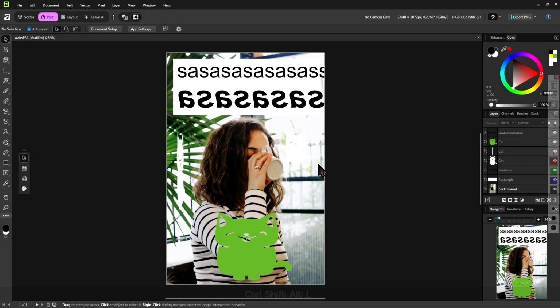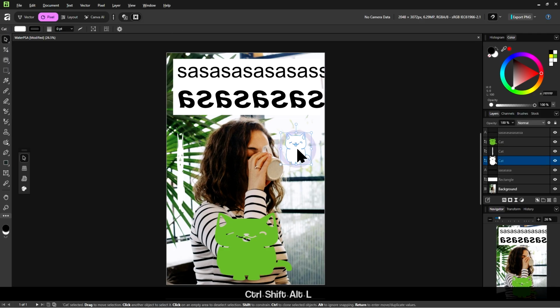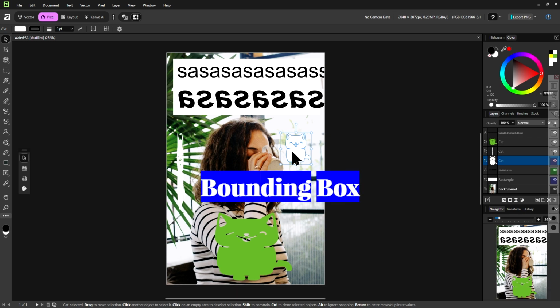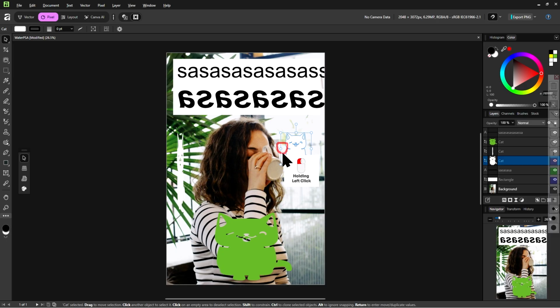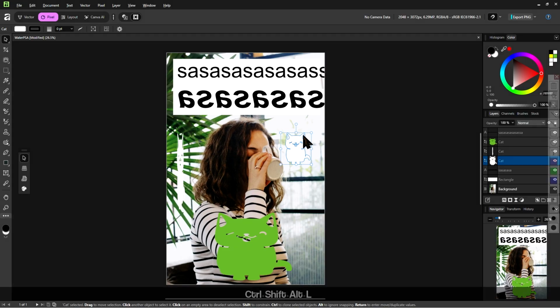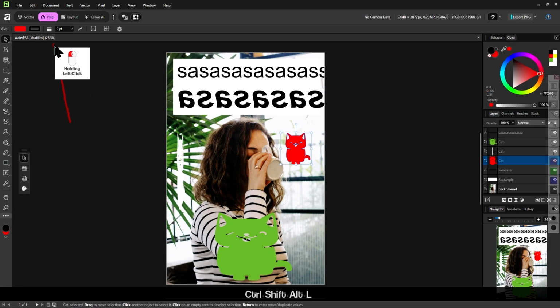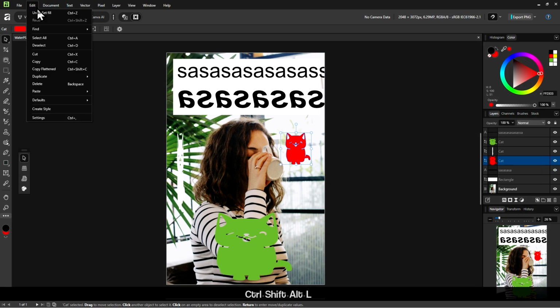How do you select something? Well, just like in the last video, you go into the move tool and then you click on it. You will know it is selected when you see a blue line wrapping around the thing along with these white circles outlined with blue, the blue line being called the bounding box. And once you have it selected, you can do almost anything to it. You can change the color using the color panel here, or you can go into the edit menu and delete it.